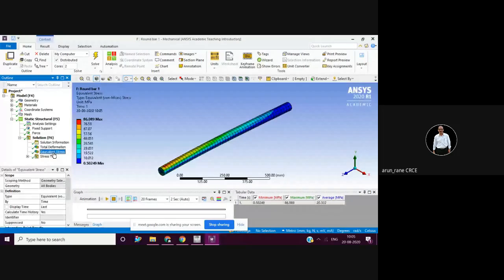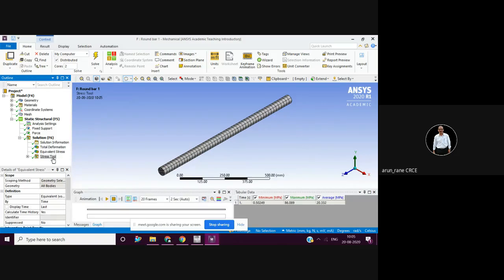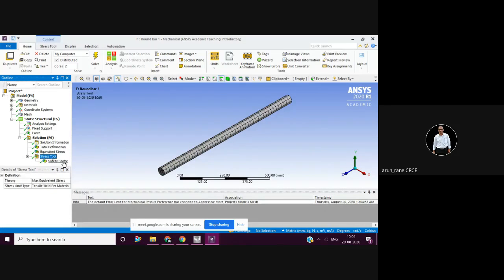Then let us say equivalent stress. So in equivalent stress, what is the stress? 86.089 megapascal. Whereas in case of I-beam it was 25.224. And then let us go for stress tool, that is factor of safety. How much is the factor of safety?